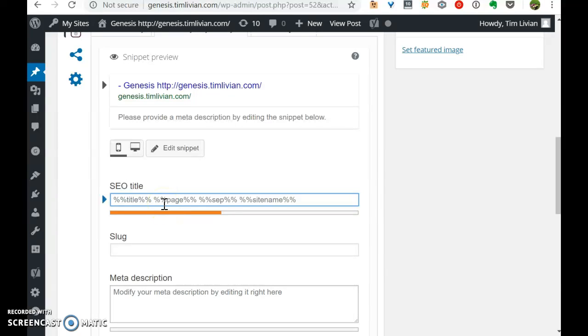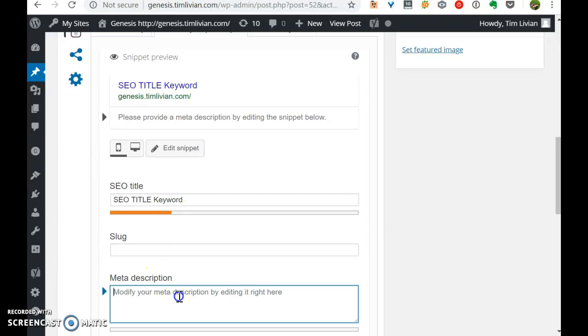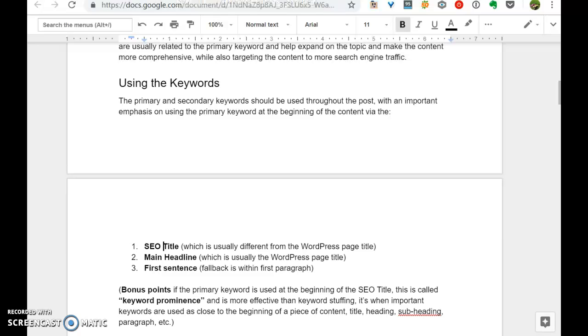So, SEO title keyword. It's what shows up in Google along with the description. We'll get to that shortly.